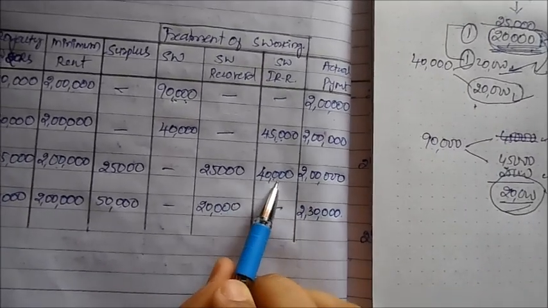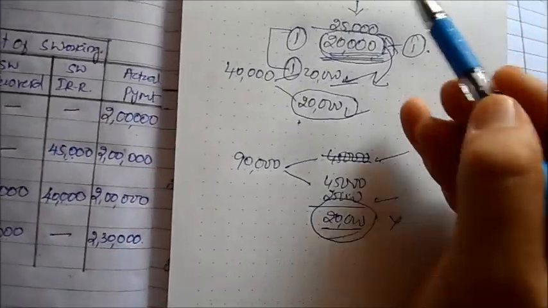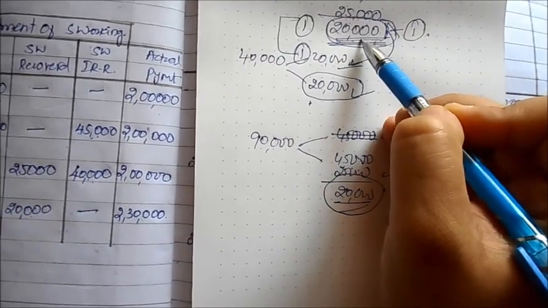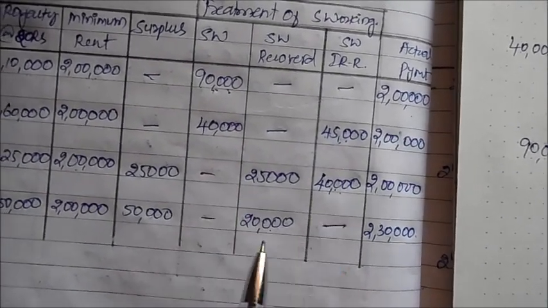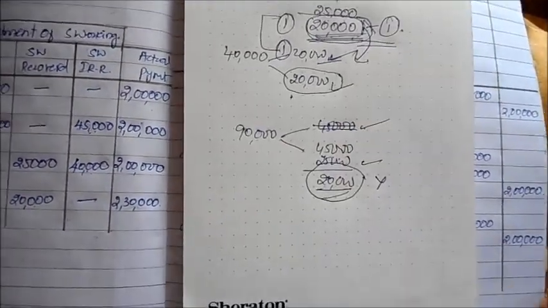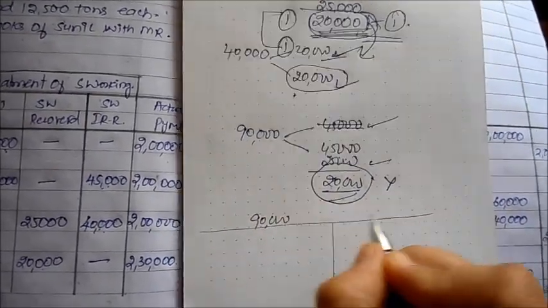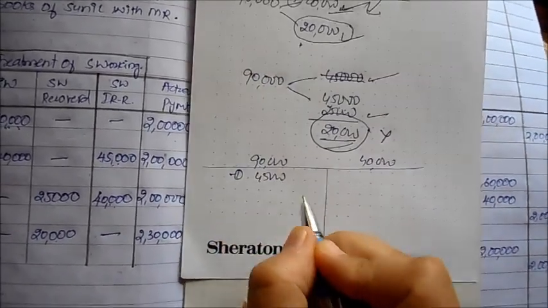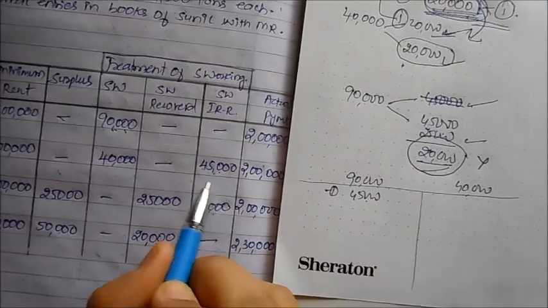This 40,000 includes half of 45. Half of this is 45, and half of the remaining balance of this is 20. We also have to deal with 40,000, so we have taken it here. So this 25 includes what all? This and this. Two important things. I hope it is very clear. 90,000 and 40, we have to deal with both. In the first year they said 45,000, half of it will become irrecoverable. So in the first year, out of this, 45 becomes irrecoverable. What is pending now?